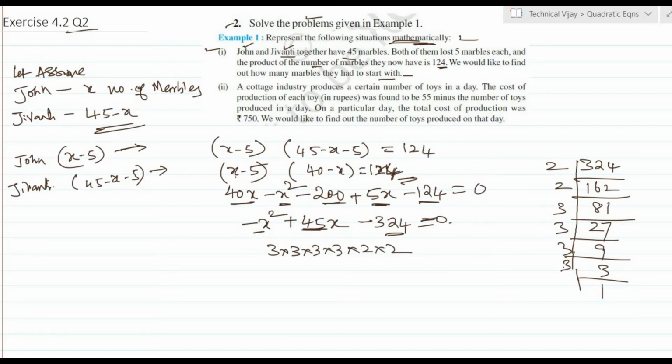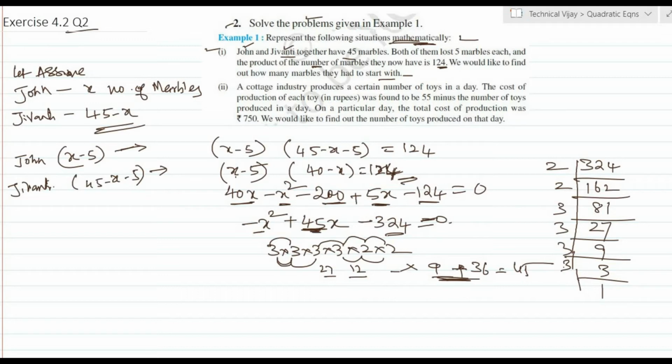45 we should get means, so now we will try 3 into 3, 9. 9 times 3 is 27. So this is 27. 3 twos are 6, 6 twos are 12. So 27 and 12, this is not possible. So here 2 twos are 4, 4 threes are 12, 12 threes are 36. And here 3 threes are 9. So 36 and 9, this is possible. See, 36 plus 9 will be equal to 45. So this one we will use.